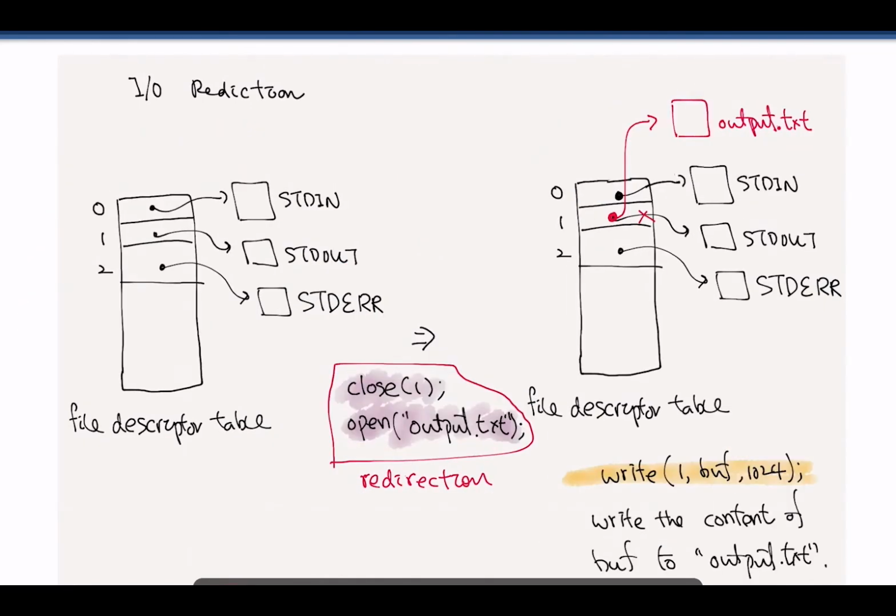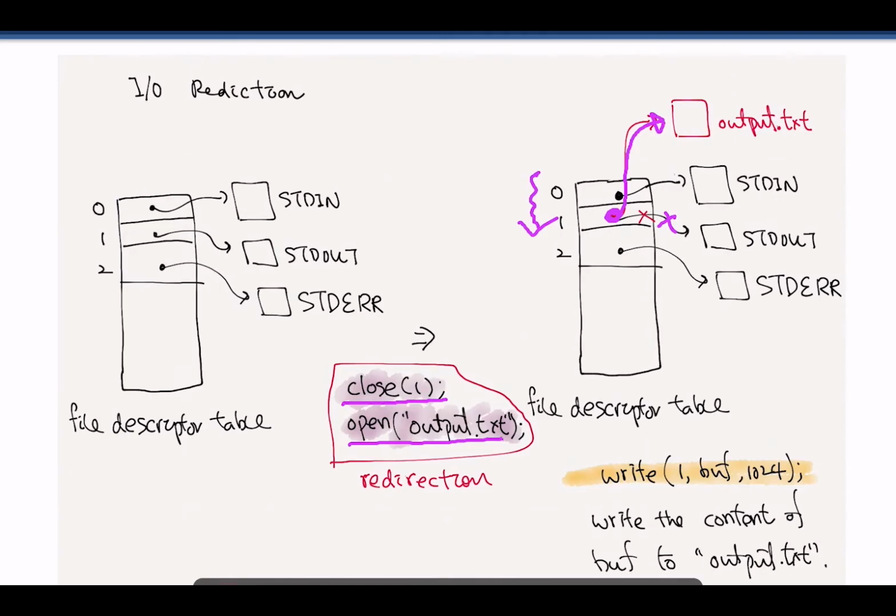Here, we close the file descriptor 1 and we open output.txt. So as a result, we cut the file descriptor pointer that points to the standard output, and then since we open output.txt, the operating system scans the file descriptor table and finds a free entry and then sets the pointer to point to output.txt. As a result, this entry will point to the file object that represents